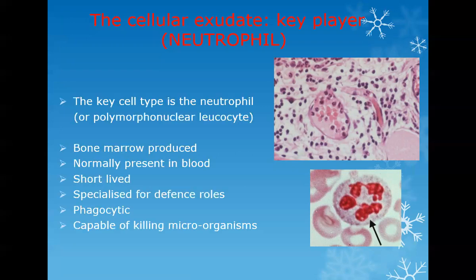Now as we were discussing acute inflammation, the acute inflammatory cell is the neutrophil. It's a key cell. It is produced in the bone marrow and is normally present in the blood, at a concentration of 60 to 65 percent. It is short-lived: in a vessel it is 4 to 5 days, and when it comes out in the tissue, it remains for only 1 to 2 days, not more. It will die. It has a propensity for phagocytosis, meaning it eats up the microorganisms, plus it's capable of killing the bacteria.